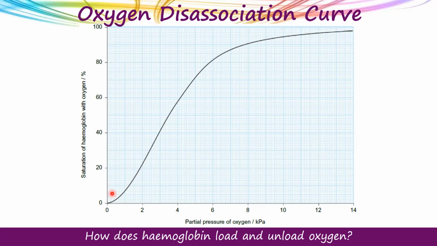Okay, what you have to notice in this curve basically is these 2 points. This is what is happening in the respiring tissues or respiring cells, because they need oxygen. Oxygen is dissociated, so definitely oxygen saturation will be less over there. But if you focus here, this is the part at the lungs, where more oxygen will be loaded to the hemoglobin and it will be more saturated, right? So what you need to look at in this curve is basically this part here, and this part here.